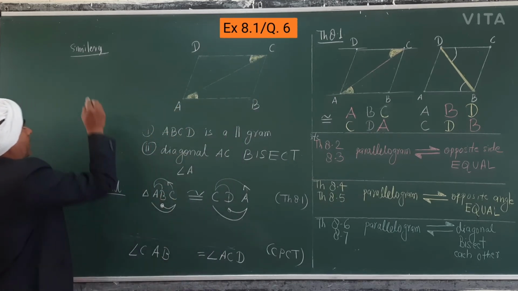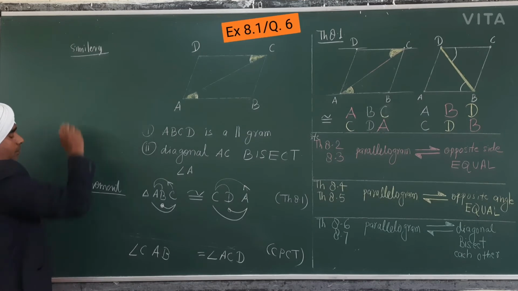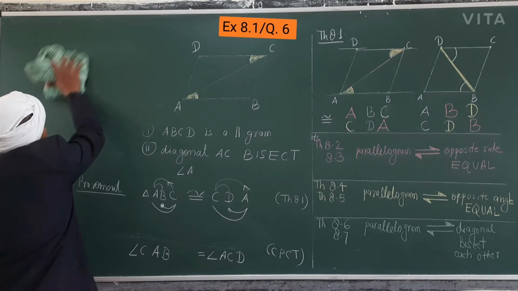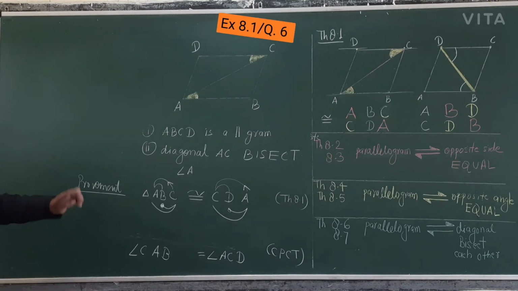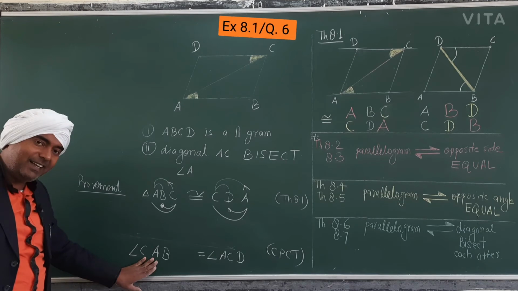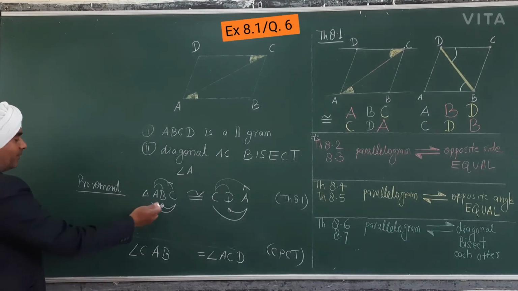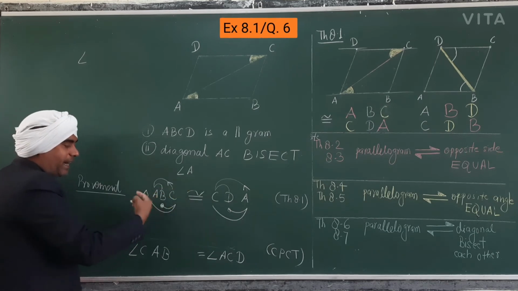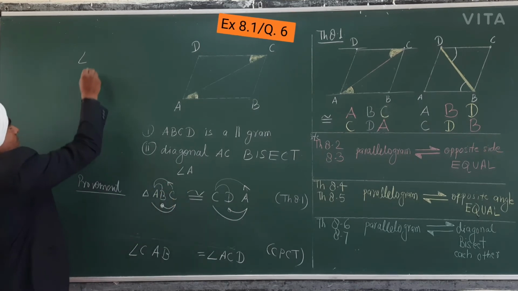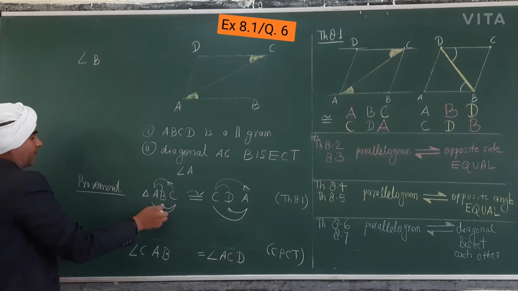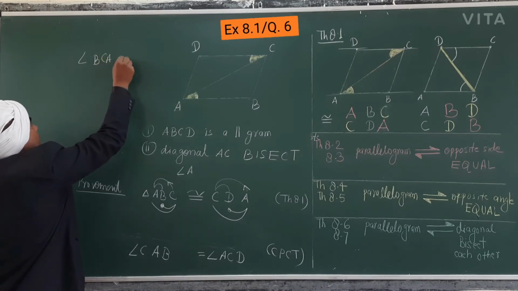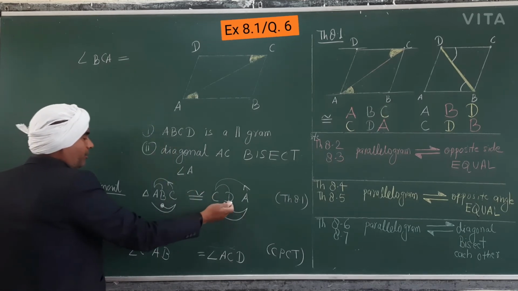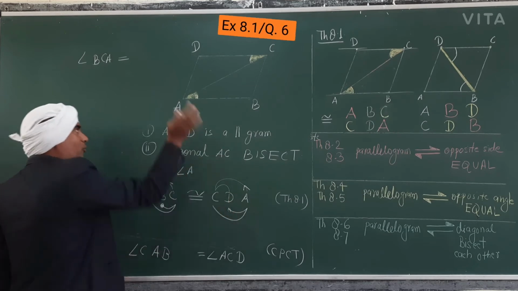After this, the third line is similar. No need to write similarly. In this figure, whatever I have written, only in the proof, first line, second line, and the third line I am writing. This is angle. You will not draw in your copy. Your eyesight will only move like this. So angle BCA equals angle DAC. And be confirmed when you are writing this. No need to worry about this.